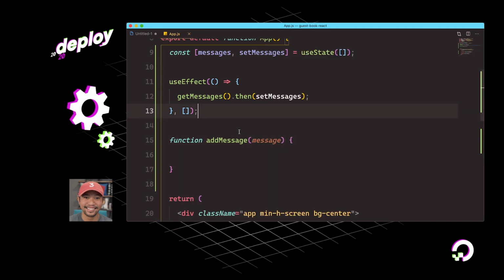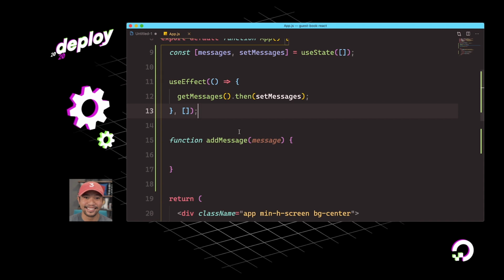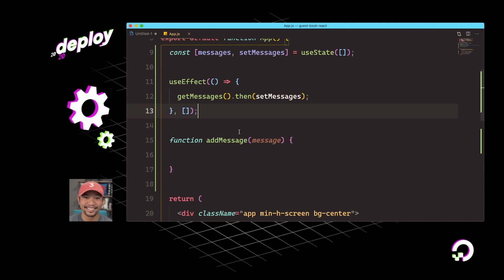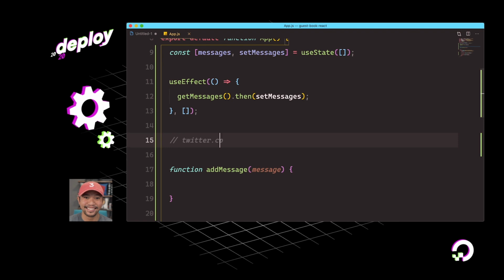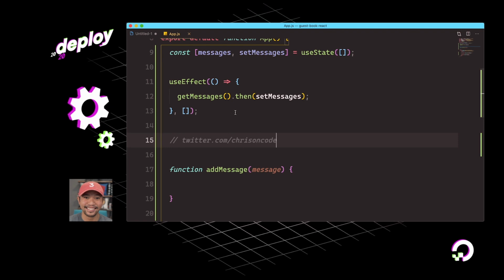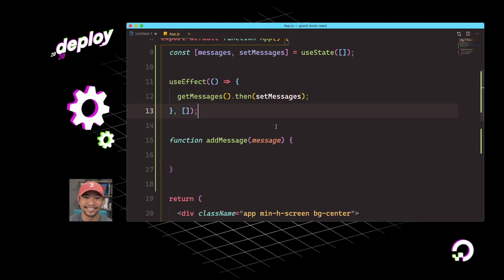And these two repos, the React app and the Laravel app, are available for public use. You can find them on my personal GitHub account, and we can fork them over to the DigitalOcean account. But if you want to get them, you can definitely message me at twitter.com/ChrisOnCode. I'd be happy to get you the code for both of these apps so you can see kind of the magic where I'm hiding things in these components.